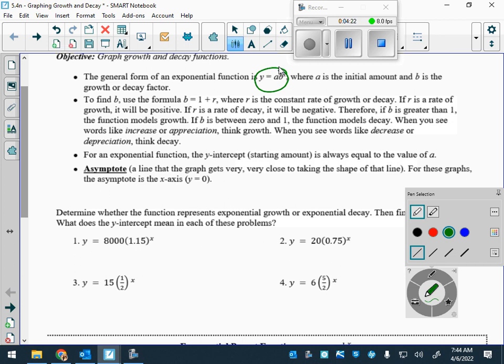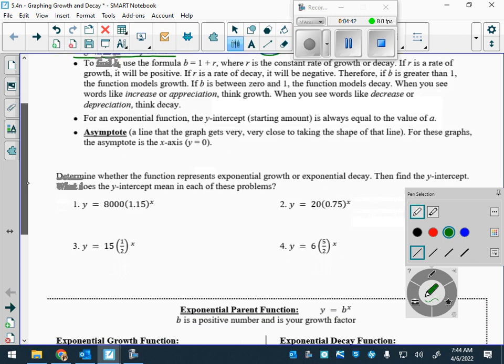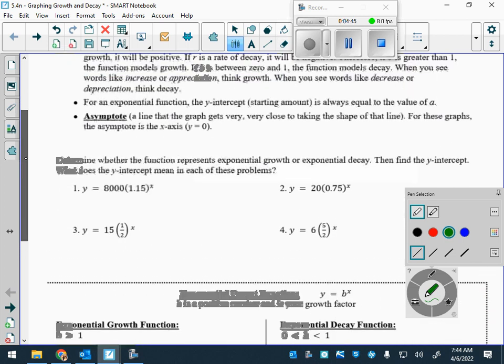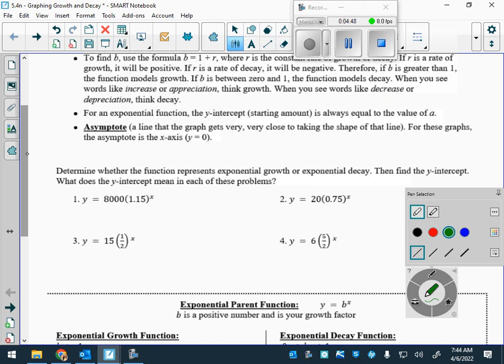The b value, the one that's attached to the exponent, is going to determine if it's growth or decay. Now, some key words that we will hear are y-intercept as usual, domain and range, your initial amount. But one thing that is new to you is called an asymptote, which means